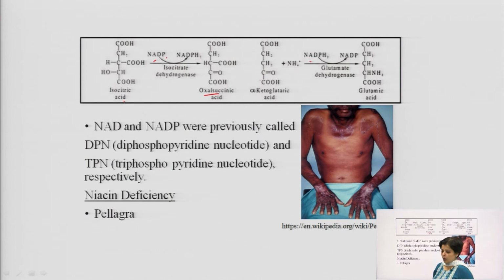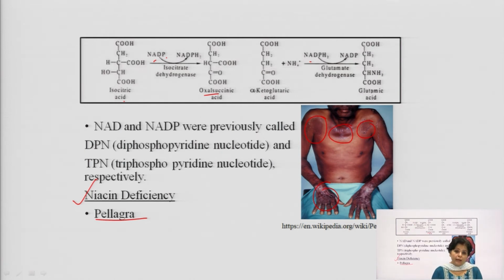glutamic acid. Now deficiency of niacin or vitamin B3, that is nicotinic acid, की अगर deficiency होती है तो कौन सी disease हो जाती है, that is called pellagra. Pellagra, you can see here the patches. Scaly skin sores, बहुत ज़्यादा स्किन में डर्मिटाइटिस टाइप हो जाता है, सोर्स हो जाते हैं, घाव होने लगते हैं स्किन के ऊपर और खुजली होने लगती है. ये आपको पैचेस दिख रहे होंगे ना, scaly skin,